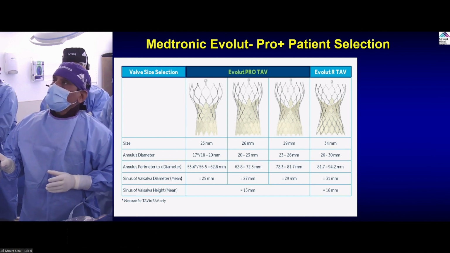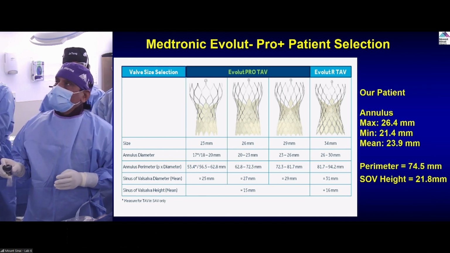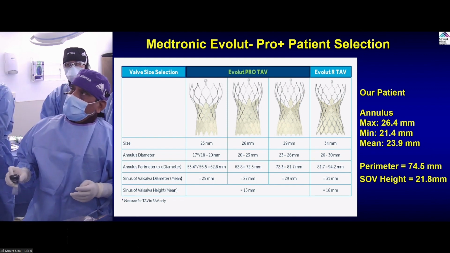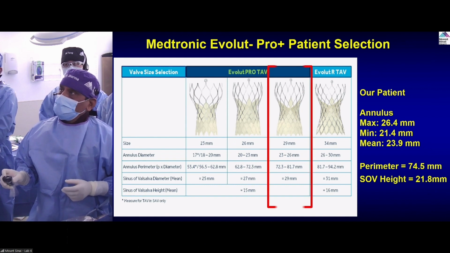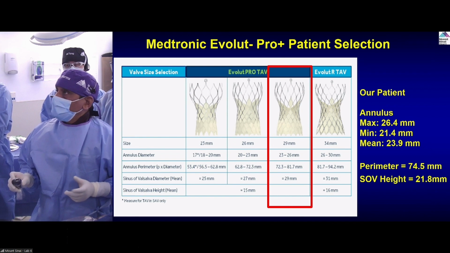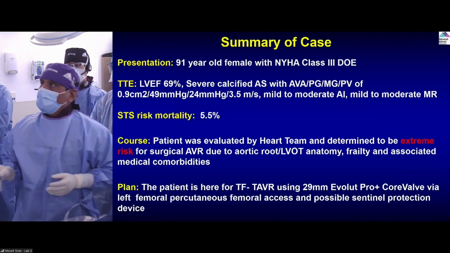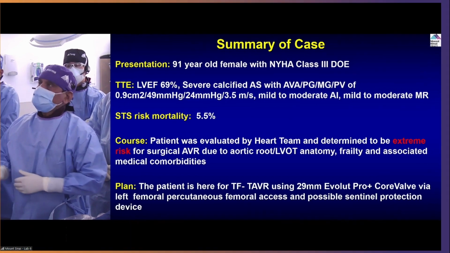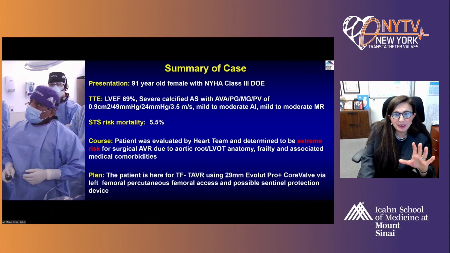Yeah. So then from the valve selection point of view, which is Evolut R Pro Plus. And this comes with the annulus, and so it fits into the category of the 29 millimeter. Right? Everybody agrees on that? Yes. Good. Dr. Sharma, so we are ready to start here. Second, I know. Yep. Can we stop for a second, because you have some of the experts here, and it would be great.